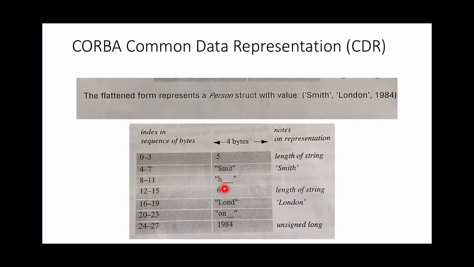So in the case of variable length data, the remaining fields will be padded with zeros so that it has a standard form. And in this case, checksum computation will also be easier in case of a fixed length form. Like that, the second string is also represented. The length of the string is 6, and the remaining 2 rows are for representing the characters in order. And finally, we have the year, which is an unsigned long integer, and unsigned long integers usually occupy 4 bytes.